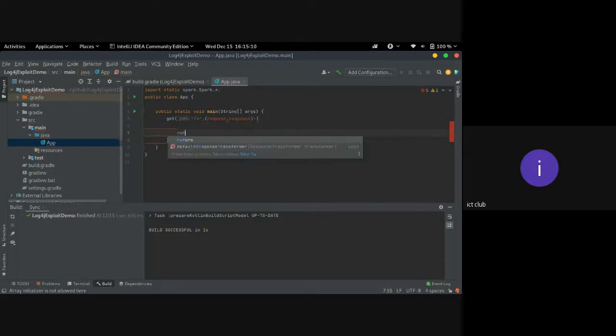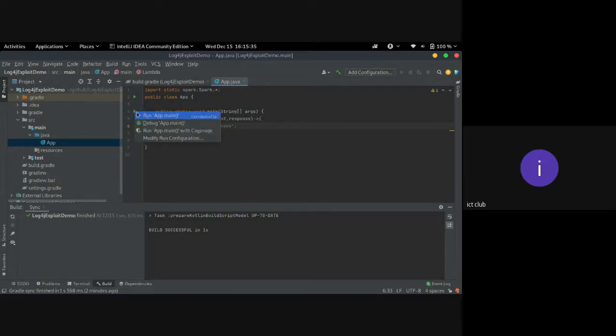And return something like a string. Right, so after there, our code should work. Let's give something back like hello, or maybe sanity check. So now if we run our application